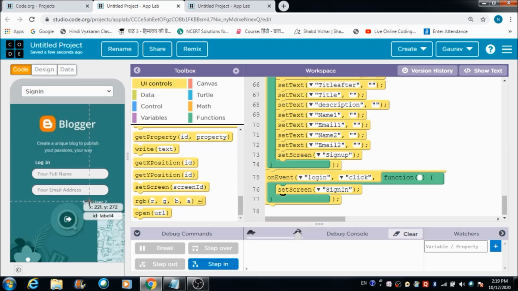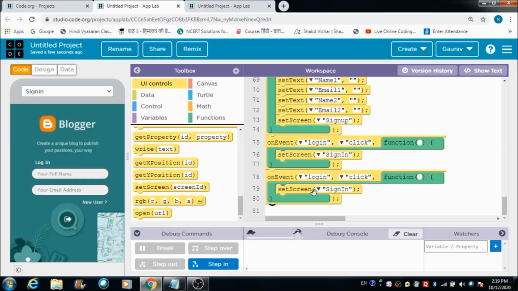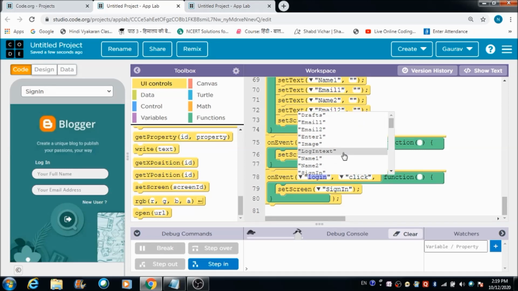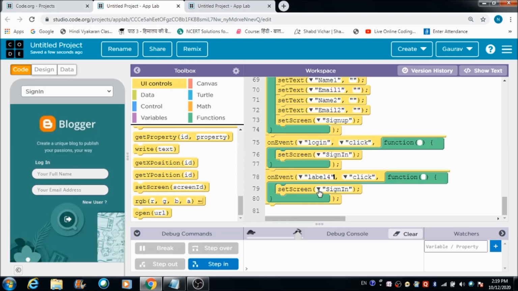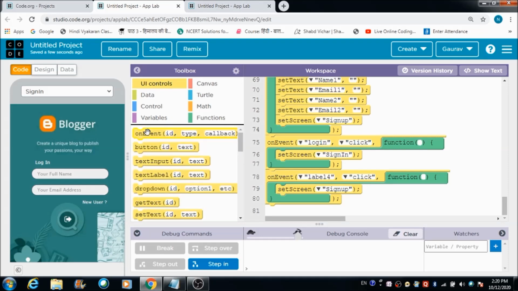He is going to come on this screen, and here we have got a component with ID label 4. So when the user hits this component, label 4, where is that label 4? I would like him to get redirected to the sign up screen. Fine, so this is how I can do it. Now if he is an existing user who is logging into his account, he is going to put his name and email address over here, and after that he is going to hit this image button, the ID of which is image3. So let's define the code for this too.